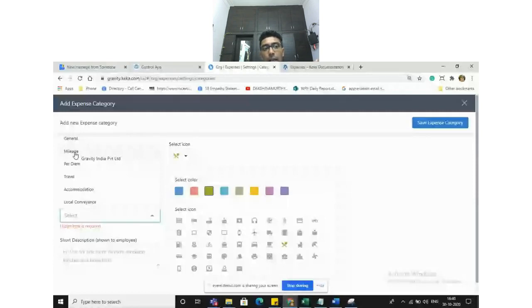If I say mileage, and you are traveling for a particular expense category, let us say local conveyance, national travels, international travels, anything like that, I'll not give whatever amount you produce by bills or tickets. Instead, I'll say that for a particular distance, how many kilometers you have traveled, I'll give you this much amount per kilometer.